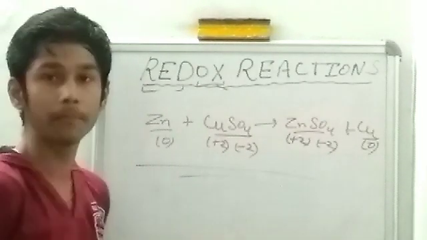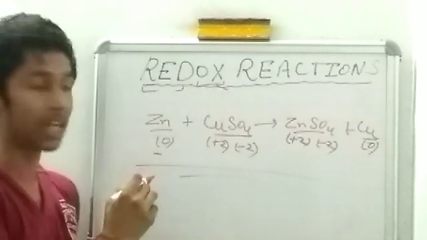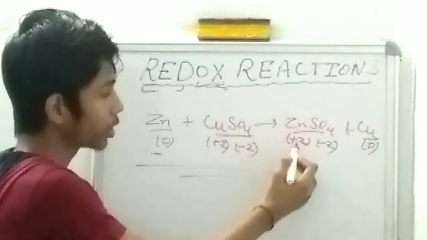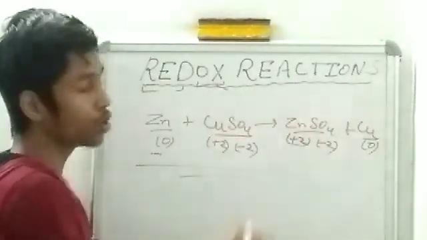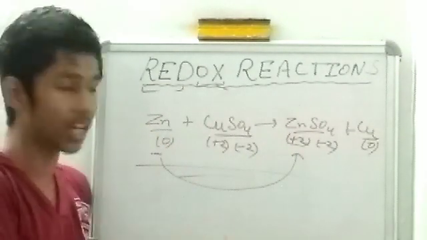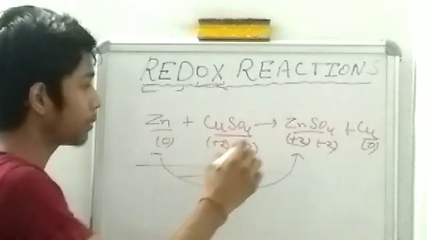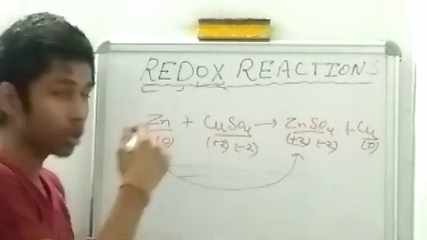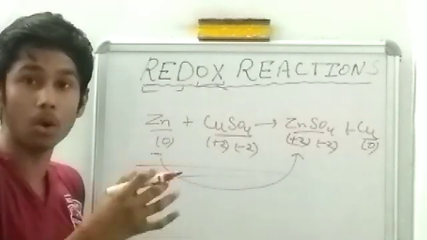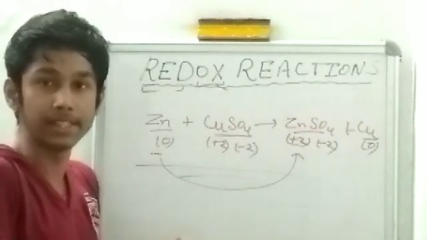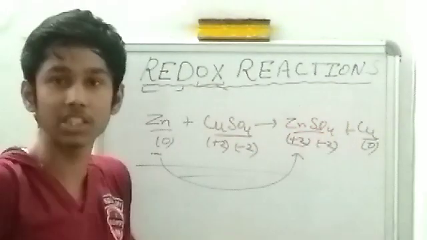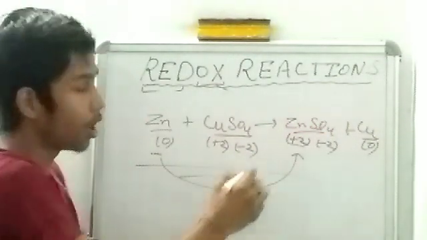Now as you can see here, the earlier oxidation number of Zn was 0, and now after the reaction has occurred, that means on the product side, the oxidation number of Zn is plus 2. So here you can see that the oxidation number of Zn has increased. It has increased from 0 to plus 2. That means Zn has gone through oxidation. Zn has oxidized itself to ZnSO4. Zn was earlier Zn, but now it has oxidized. It has gained an oxygen atom. Okay, and it has gained a positive charge.